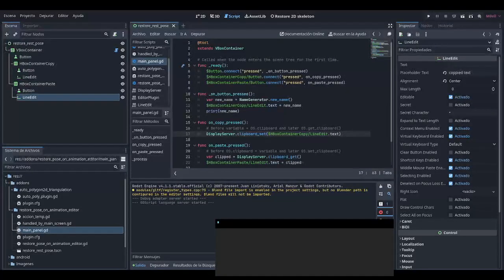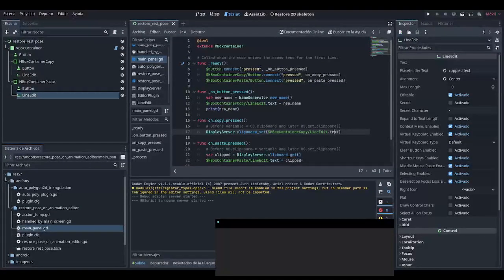As you can see on the screen, on Godot engine 3.0, you have to call the OS operative system class and access the static variable clipboard, but that was changed in Godot 4.1 and so on